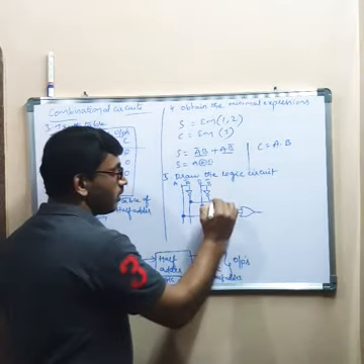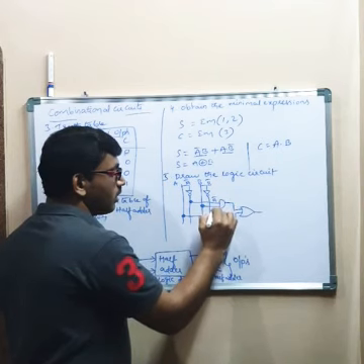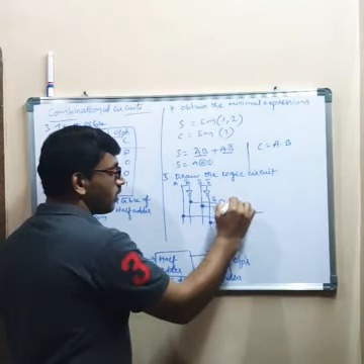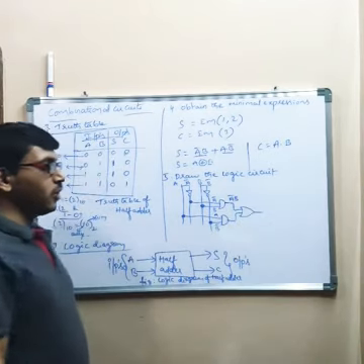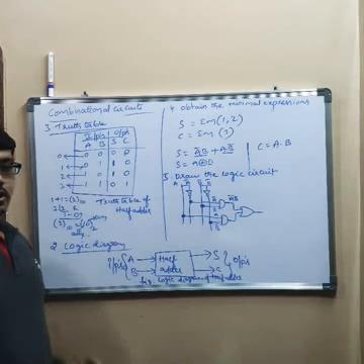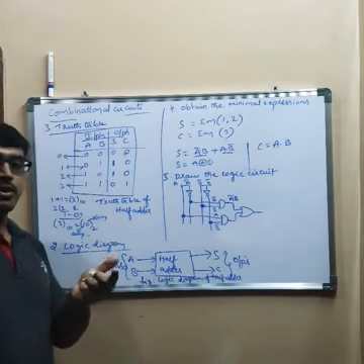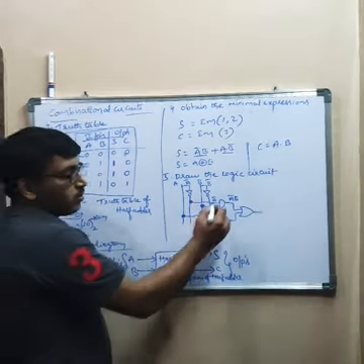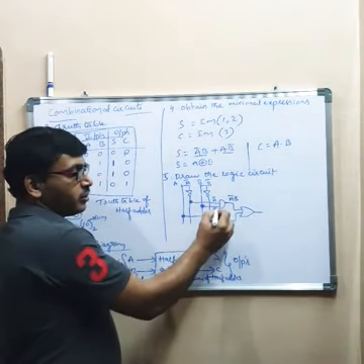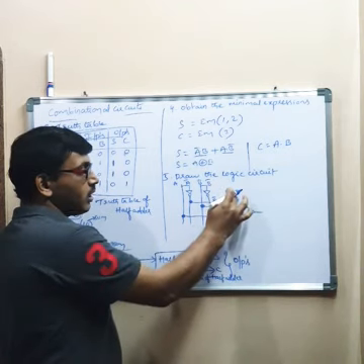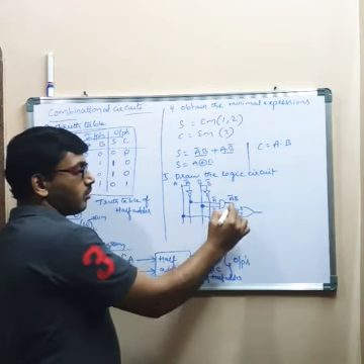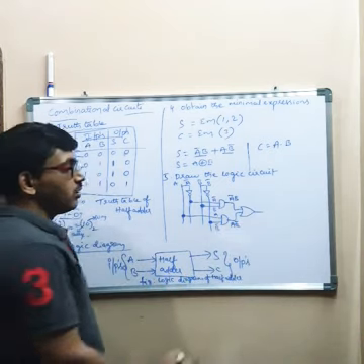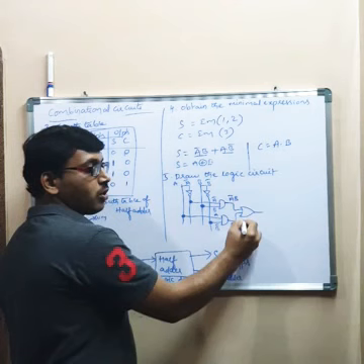So this will be A bar, B, A, B bar. A bar, B, you know the function of AND gate. It gives the Boolean multiplication as the output of two variables. So that is product. It multiplies these two variables, right? A bar dot B, this is A, B bar. So these two are the inputs to OR gate.